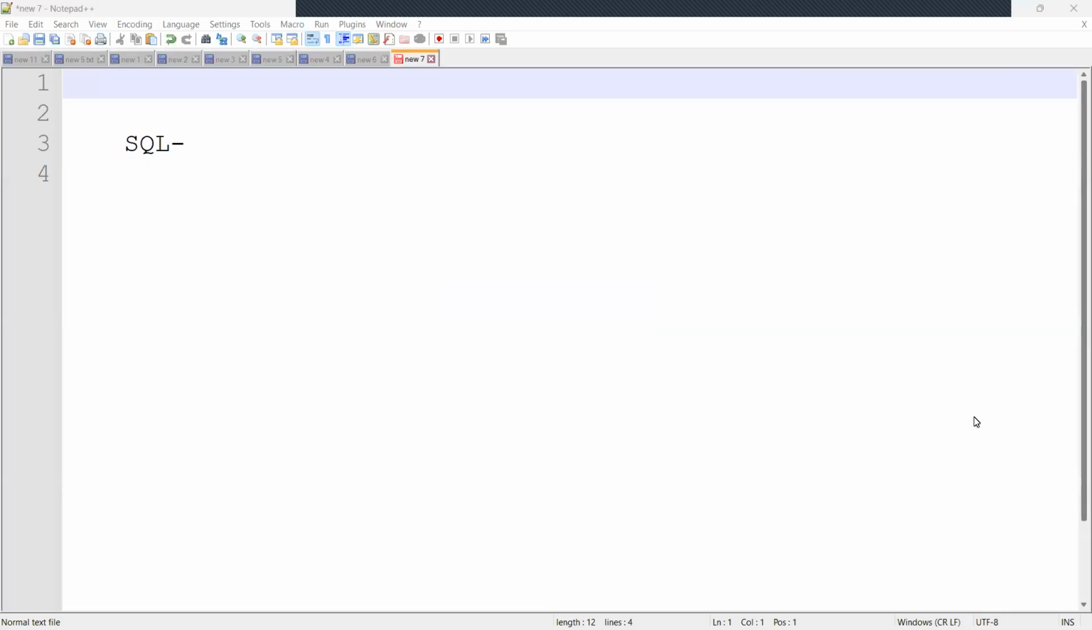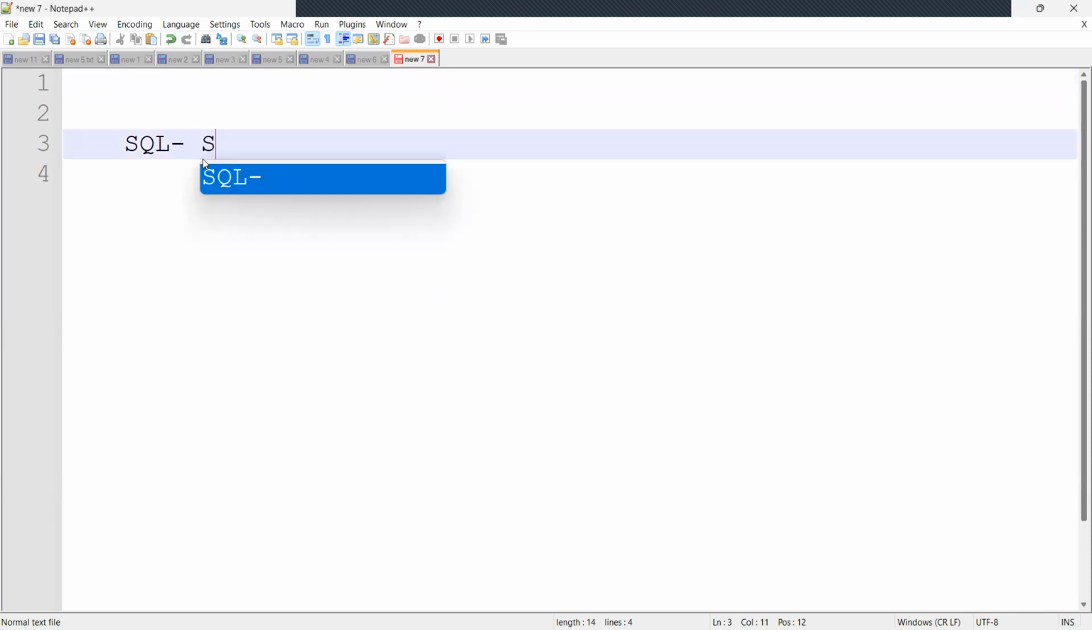So today we'll talk about some SQL basics. As a software tester, we should know the basics of SQL, right? Basic is enough, not more than that. So let us first understand what is SQL. SQL stands for Structured Query Language,